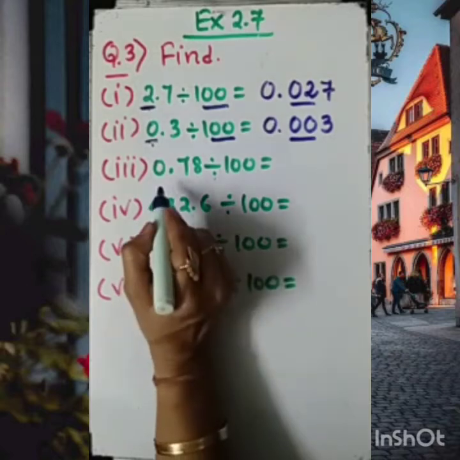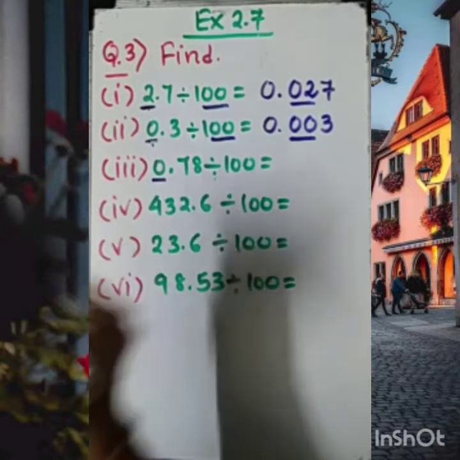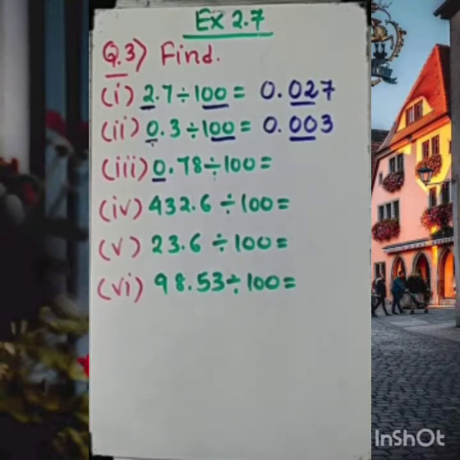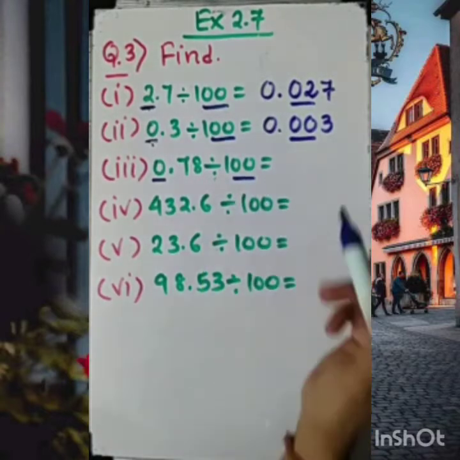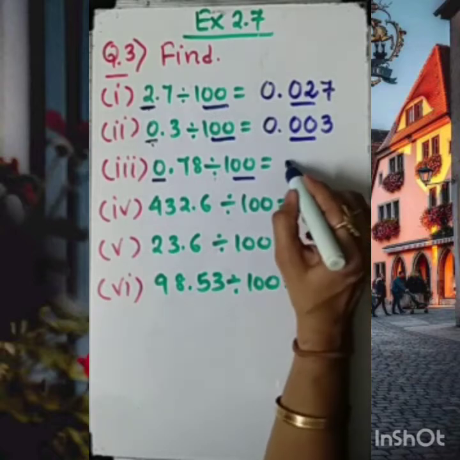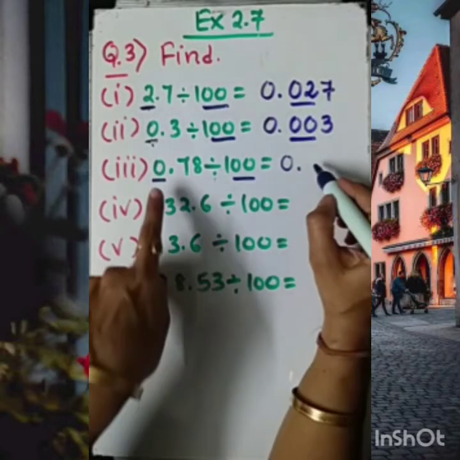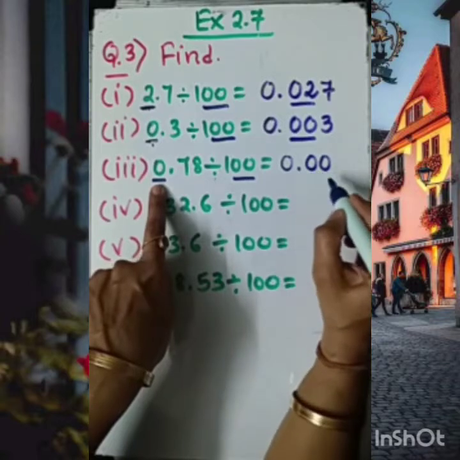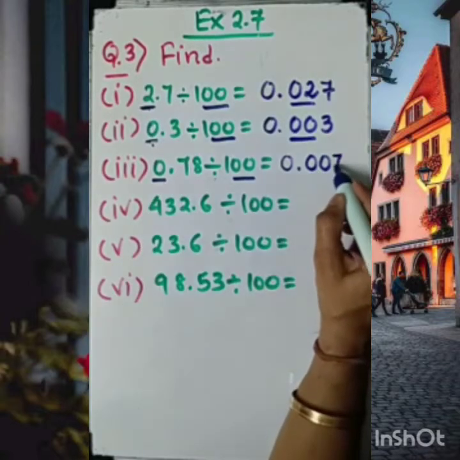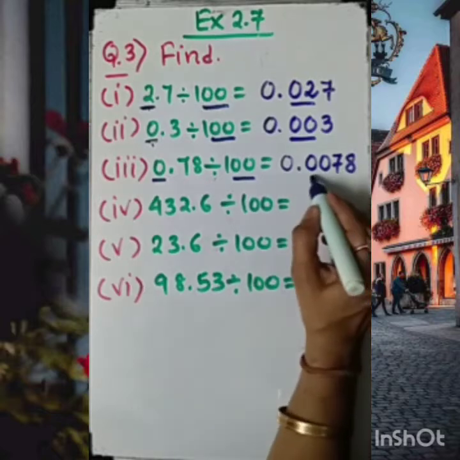Let's try to understand this better. Before the decimal, one 0 is only there. I have to shift two zeros in case of 100. So 0.10 is already there and one more I have to add, one more additional, this 10 and this 78 is already after the decimal. So let it be as it is.